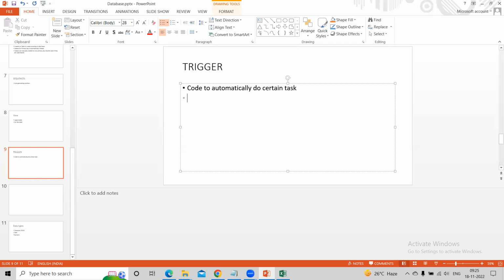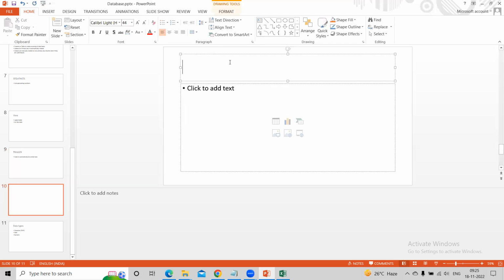And then last is synonyms. Synonyms are another name that we give to a database object, mostly a table. When you create a table, you want to give good names, not good names, I would say relevant names, so that the developer would know. So for example, you are creating an employee table. So you'll say employee underscore